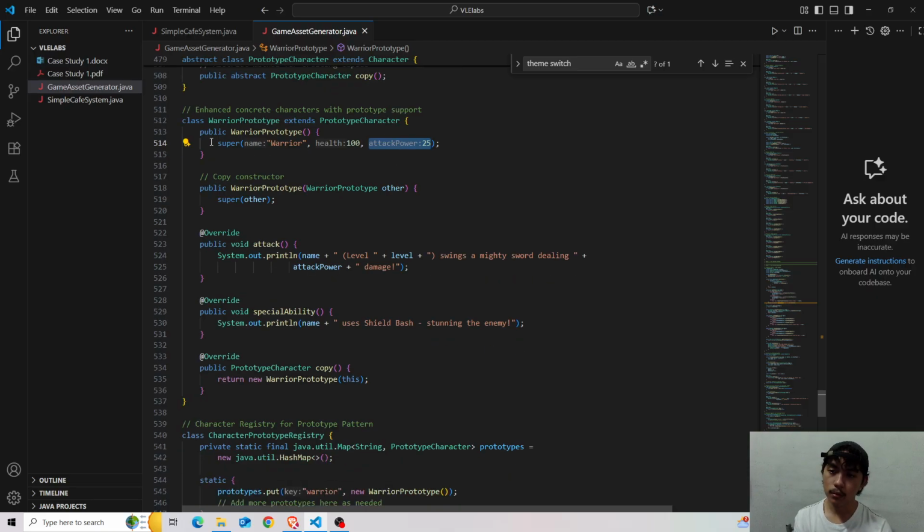We also have the copy constructor, in which public warrior prototype copies this one.